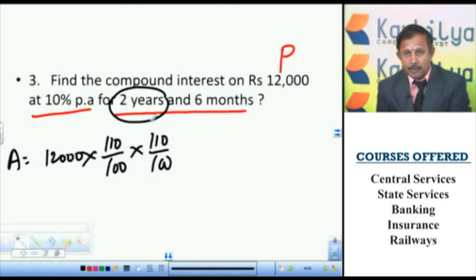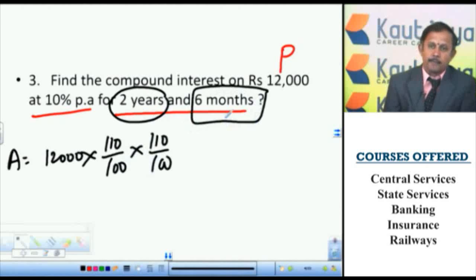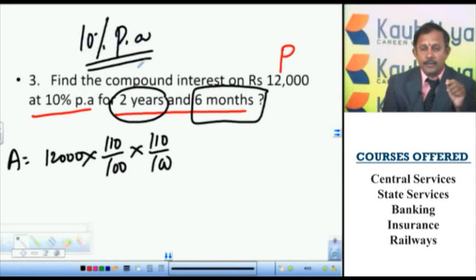But in this problem the time period is 2 years 6 months, and for the part of the 6 months we have to write one more fraction. So for that we have to get a detailed knowledge, because the rate of interest is given as 10% per annum or 10% per year. If suppose it is 10% per year, then what will be